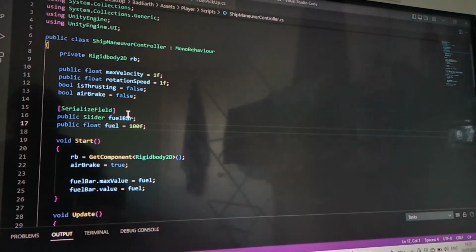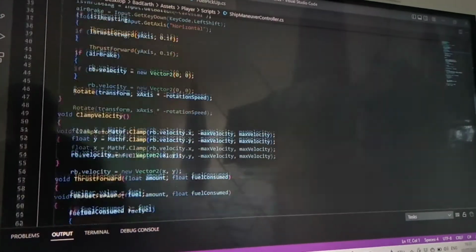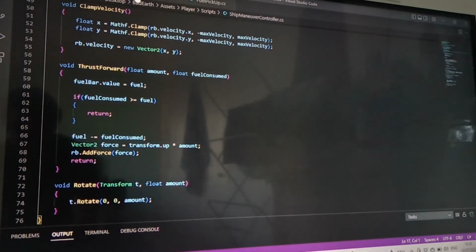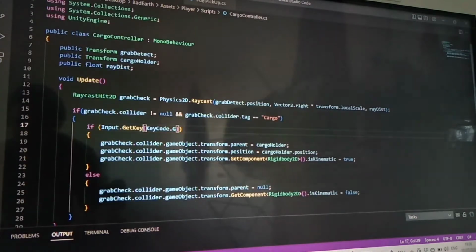and I've actually got the fully functioning and working fuel bar. When the ship runs out of fuel, it no longer goes. But then I also have something here called a cargo controller. And this is quite interesting. So I've got these two little transforms here, which are a grab detect and a cargo holder, and also using the raycast hit 2D thing. And so basically what happens is, and you'll see this in a minute,